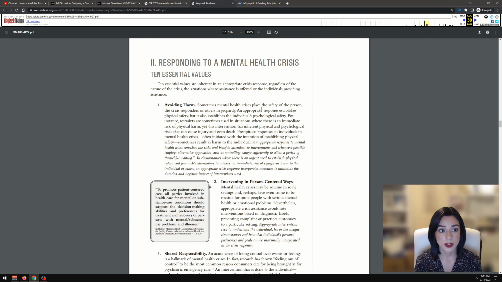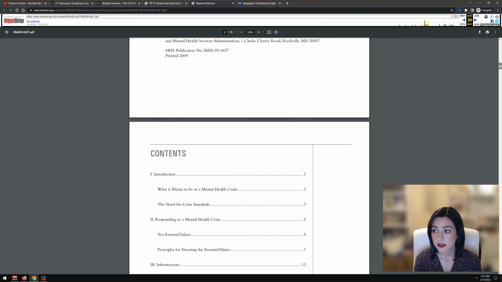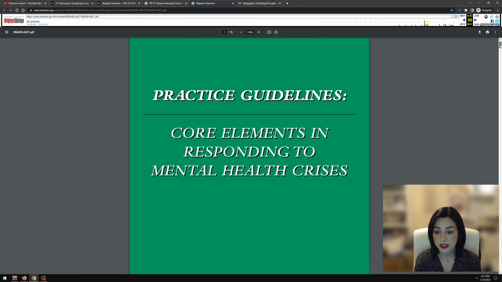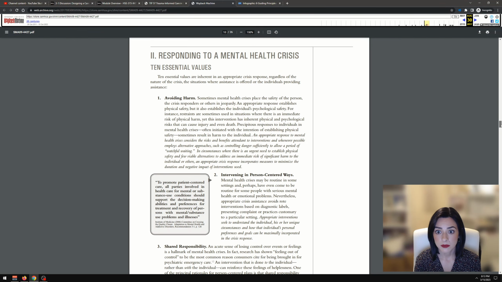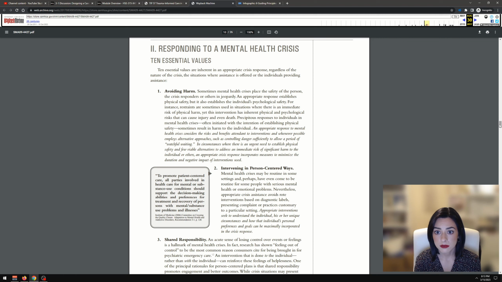So for example, one of the readings that's given to you as a required reading, so this isn't optional but required, that corresponds directly to the discussion, is this right here. So practice guidelines on responding to a mental health crisis. If you go down to, let's see, page 5 or page like 10 of the actual document, it talks about how to respond to a mental health crisis. So these are principles and ideas that you could weave throughout your discussion of those 3 key components. So, like this talks about avoiding harm,